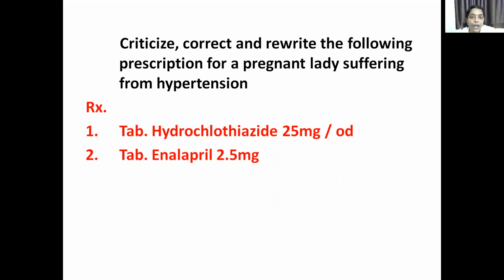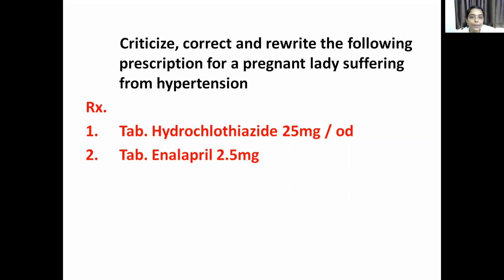See, hypertension in pregnancy is a very significant complication. That results in maternal morbidity, then perinatal morbidity and mortality. So when can you say that a person is hypertensive in pregnancy? The systolic should be greater than 140 mmHg and the diastolic blood pressure should be greater than 90 mmHg, at least on 2 occasions separated by 4 to 6 hours. If it is there, then you say she is hypertensive.